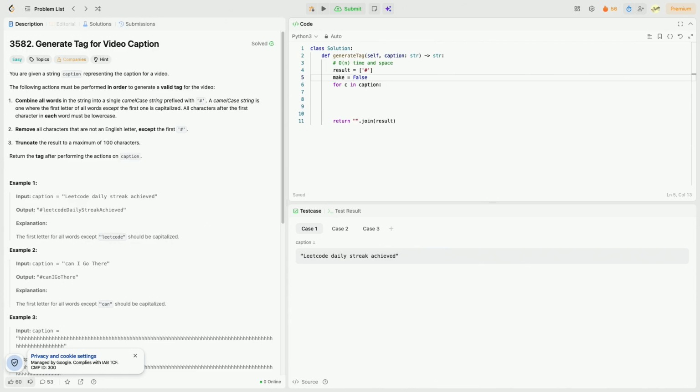Make uppercase. Well, that's going to be false. If make uppercase, then we're going to do that. And if we made a character uppercase, we know we're going to change our flag. But if we don't need to make something uppercase, we should make sure, and